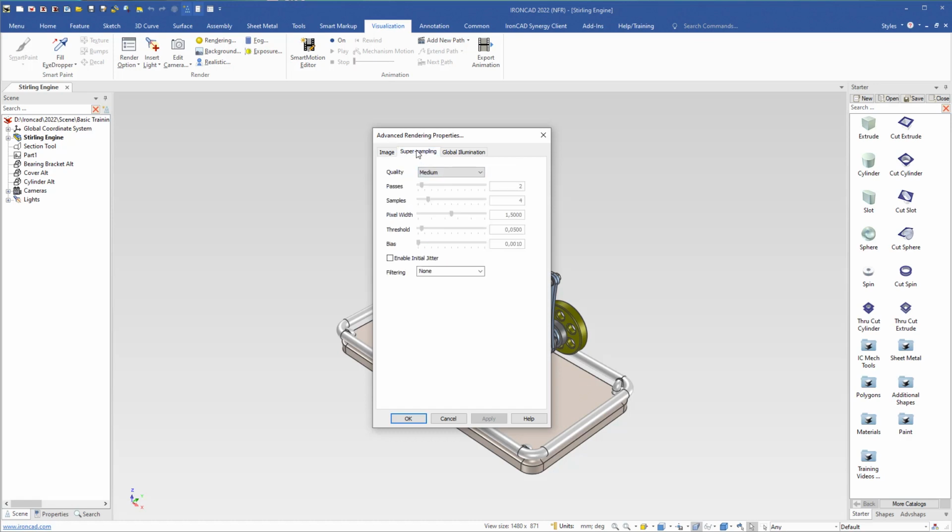Then we have super sampling or anti-aliasing to remove jagged or pixelated edges. So now it's set to medium. If you choose custom, you can customize the settings, and the higher value, the cleaner edges, but it will also